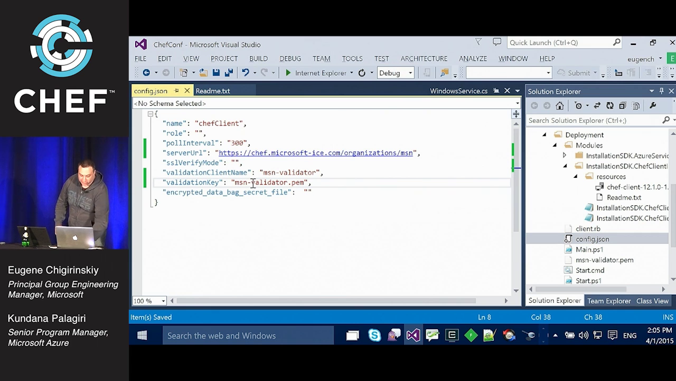So, and that's all that it takes. Like I said, it's all going to be in GitHub in days. And